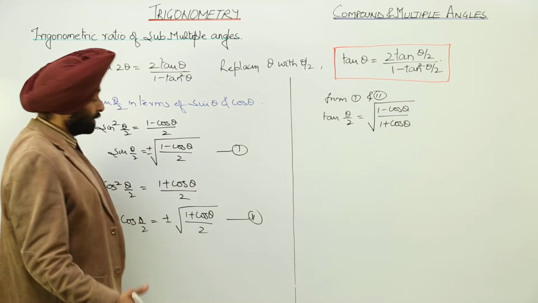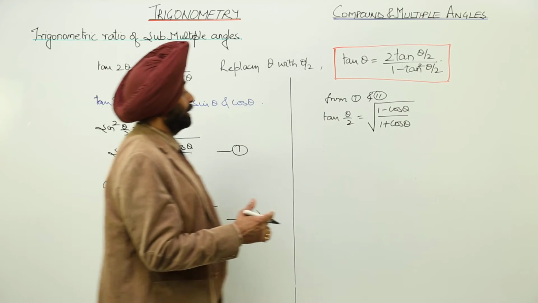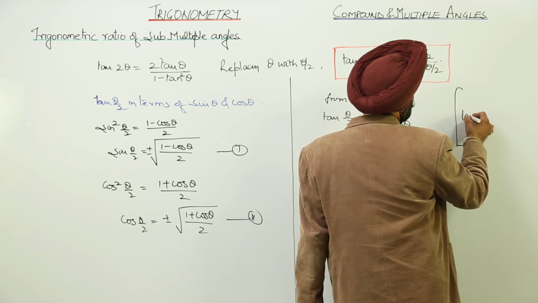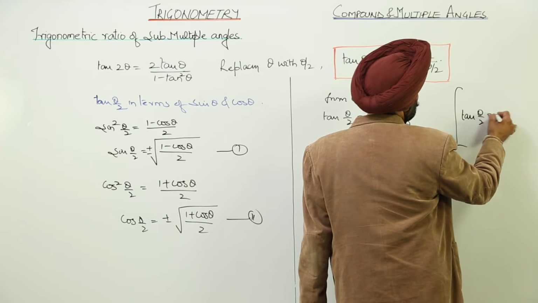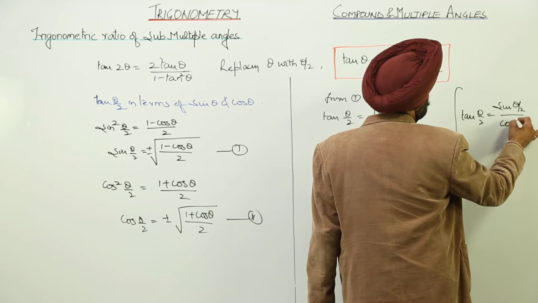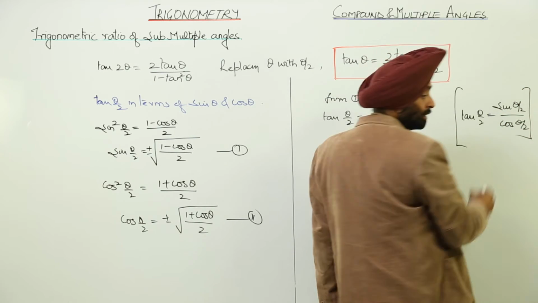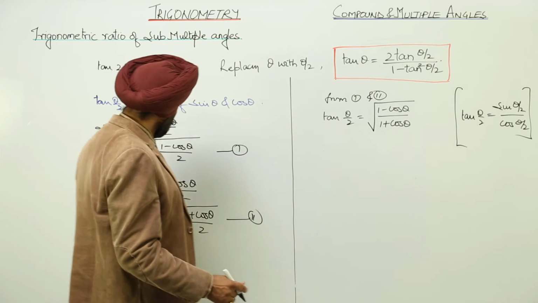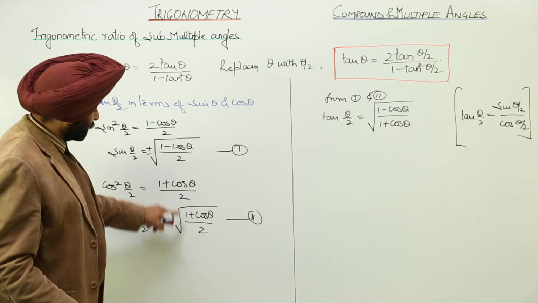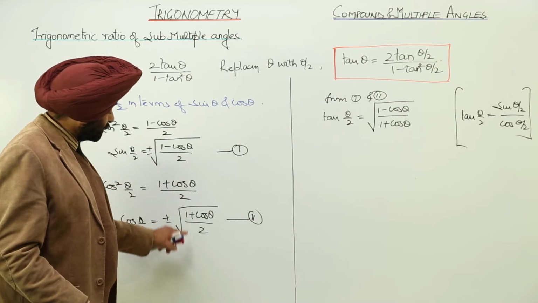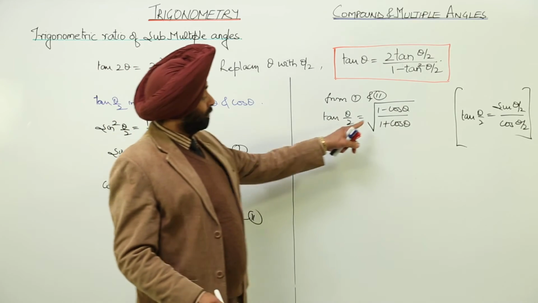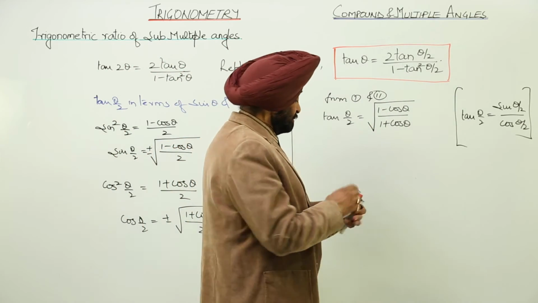Okay. So what I have done is just that tan theta by 2 is equal to sin theta by 2 upon cos theta by 2. I have used this thing. Now sin theta by 2 divided by cos theta by 2, this divided by this. So square root of 2 and square root of 2 cancels, plus minus cancels, and we are left with this thing.